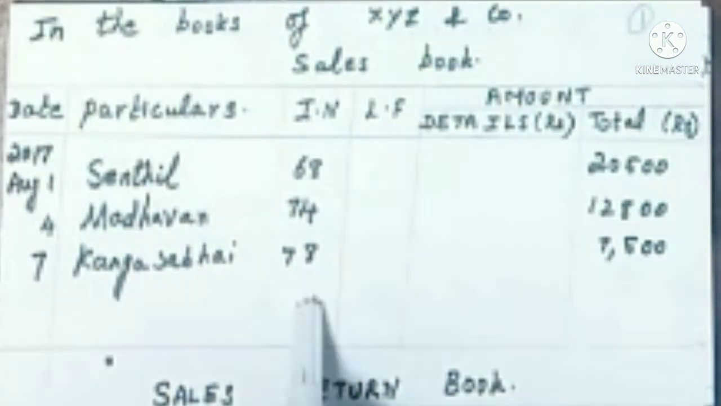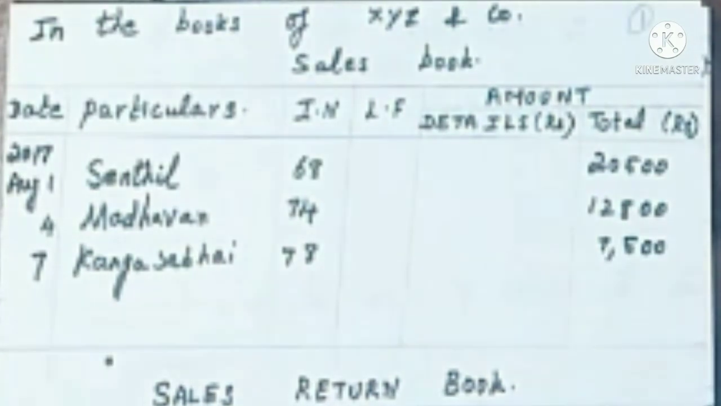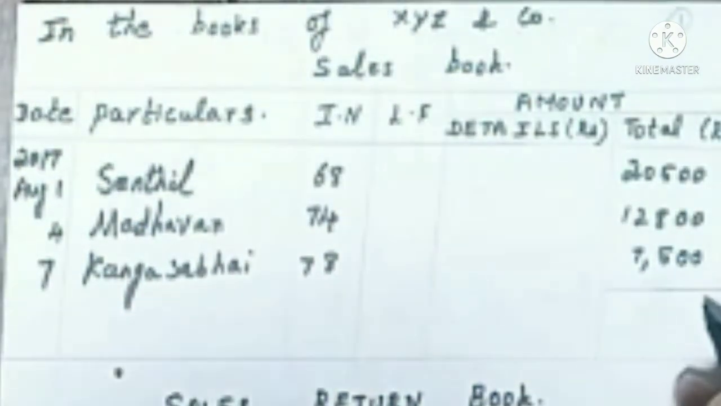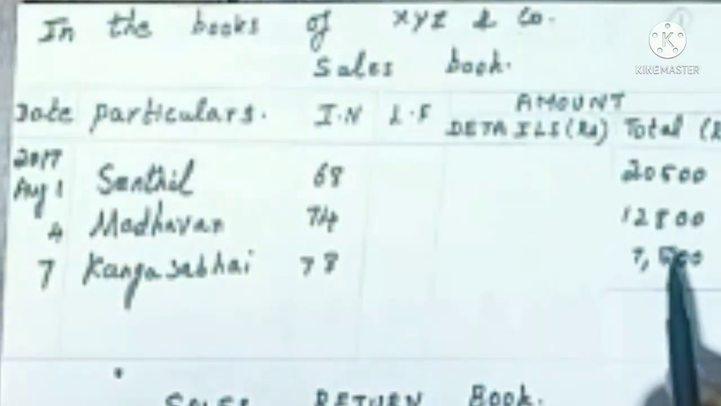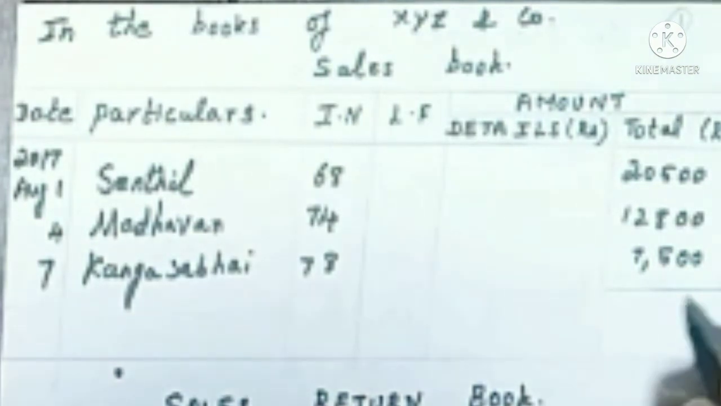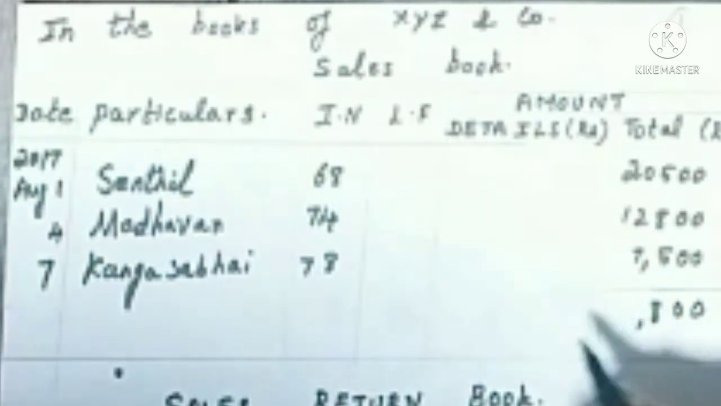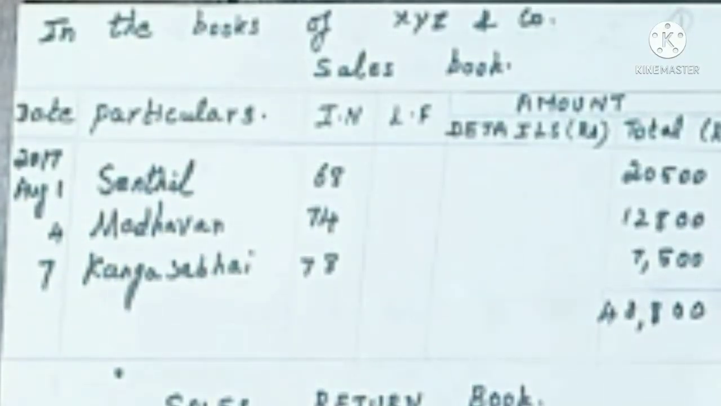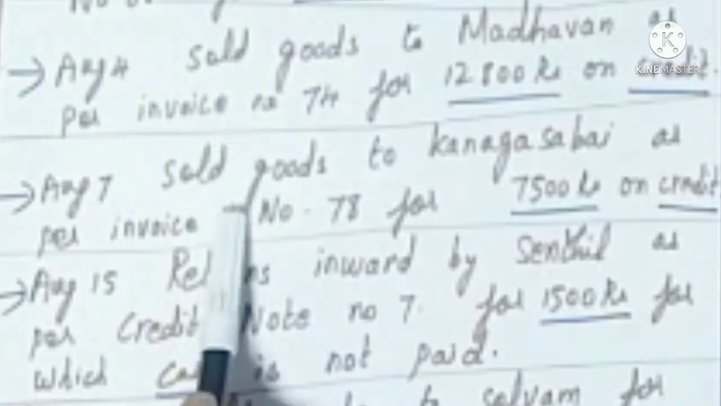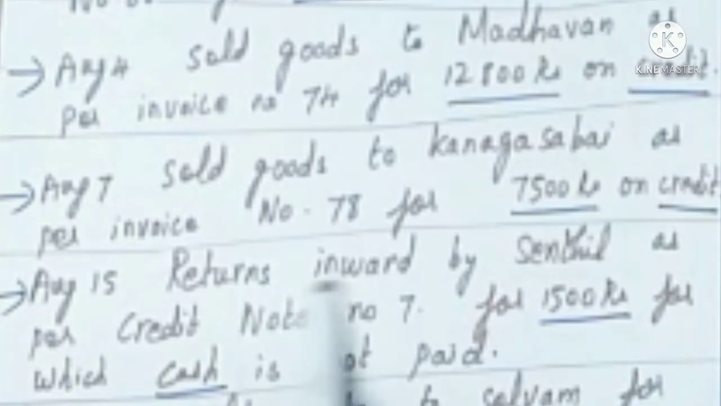So no more credit sales are made. So I am going to total this sales amount. So when you total 20,500 plus 12,800 plus 7,500, we get rupees 40,800. Okay, the first three transactions are recorded, and now in this fourth transaction, returns inward by Sendil as per